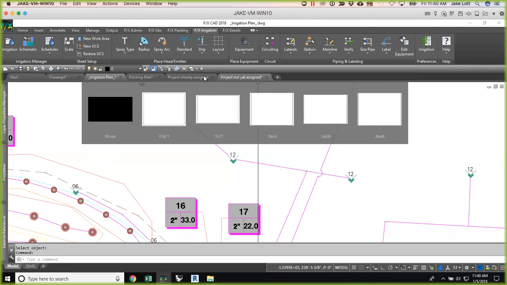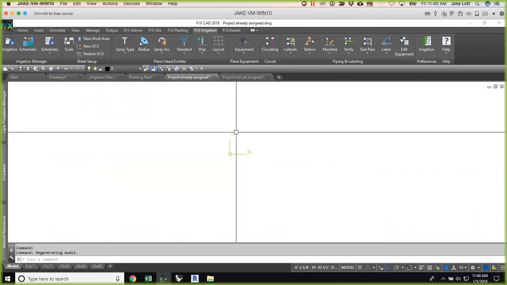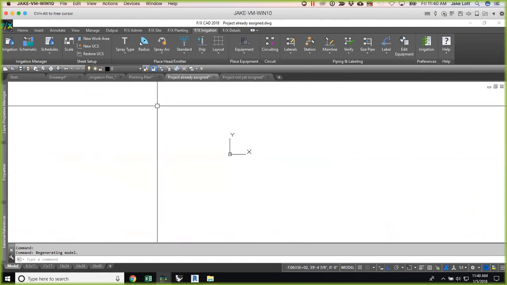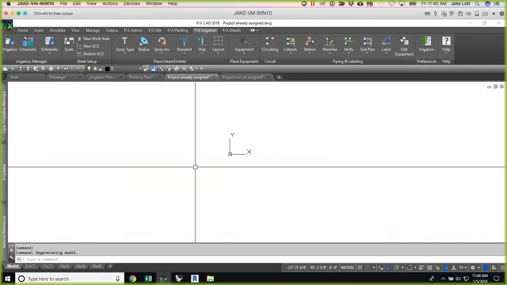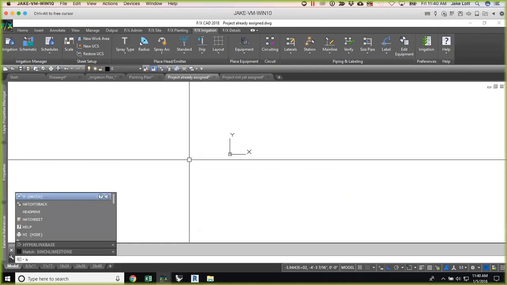So how do we actually unassign a project? We might want something completely fresh. Maybe it was just a drawing that we cleared stuff out, and so it's blank, but it keeps assigning that same project. There's a couple ways of doing that, but the main one that is used in any scenario here is hyperlink base. So if we type hyperlink base here,